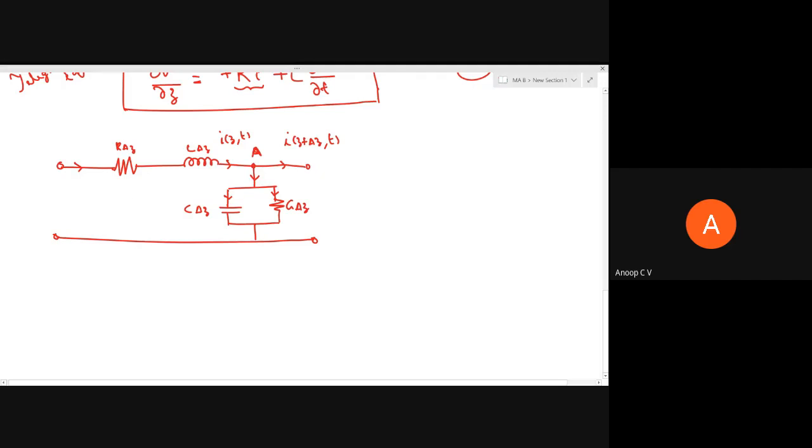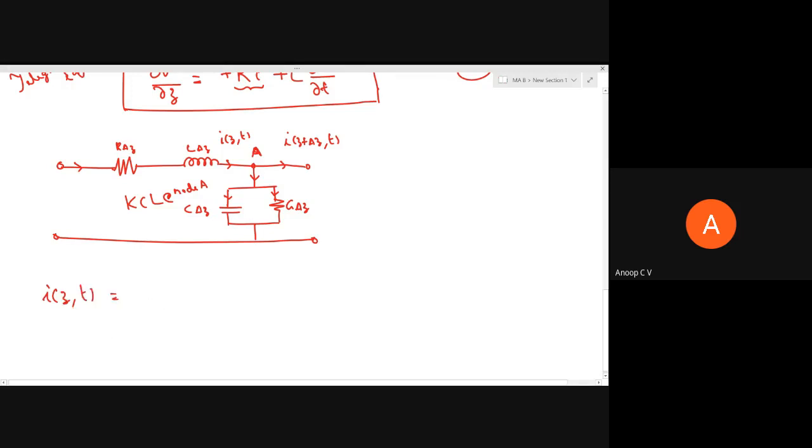So I'm going to apply KCL at node A. My convention is I'll assume current entering as positive and current leaving as negative. You can consider anyhow you want, so I'm considering like that. If I write the KCL equation, I'll get I of Z comma T equal to